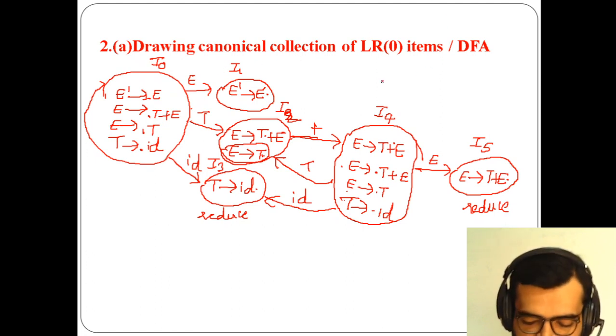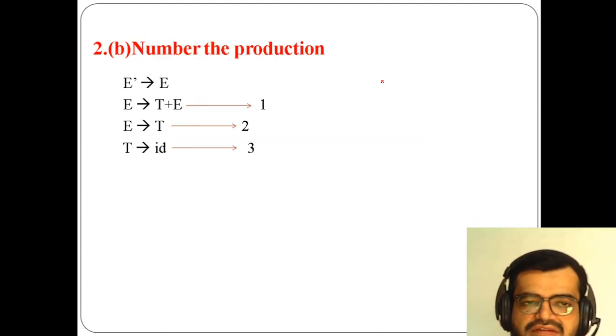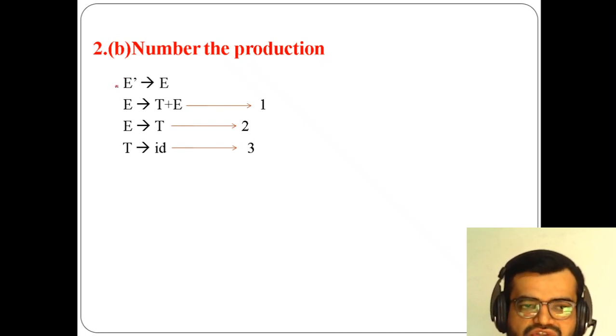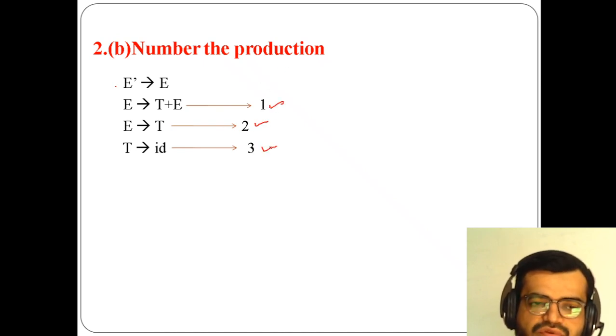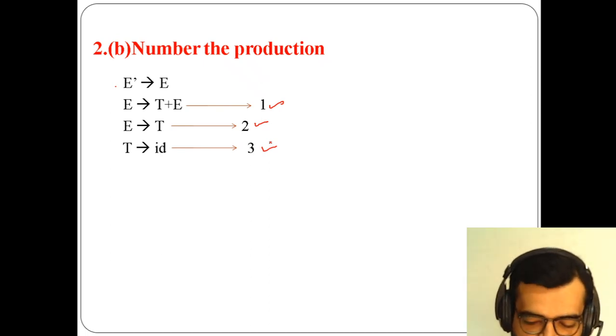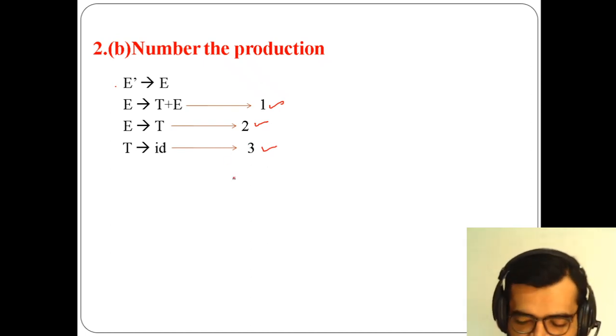Okay, that is it. Now we have performed this one. Now what is the next step, which is a sub-part of the second step? See, there are productions. You need to leave the first production because this is something we as users have defined, this is not an actual production, so we need to exclude it. Apart from that, there are 3 actual productions, so we need to list out the numbers such as 1, 2 and similarly 3. So in this way we are listing them out. That is the sub-step of the second step.